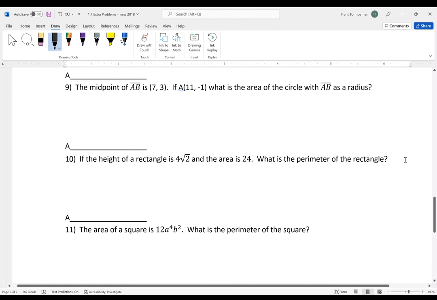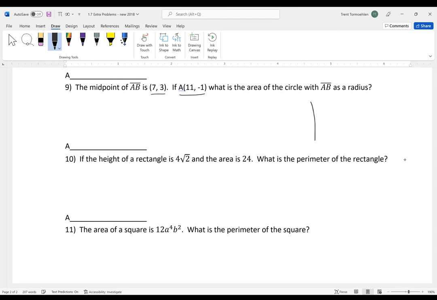So for number 9, it says the midpoint of AB is (7, 3). If A is (11, -1), and so just a quick sketch, we have (11, -1) might be somewhere over here. That's A. And the midpoint is (7, 3). (11, -1) would be below the x-axis. And then (7, 3) is going to be somewhere like this, and that's going to be the midpoint. And so